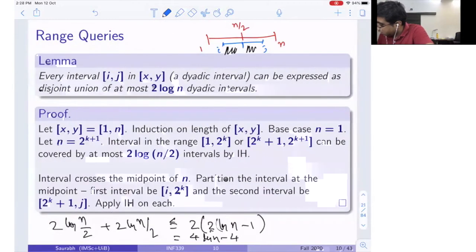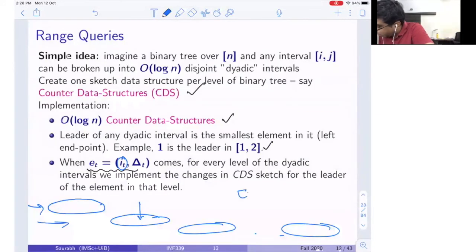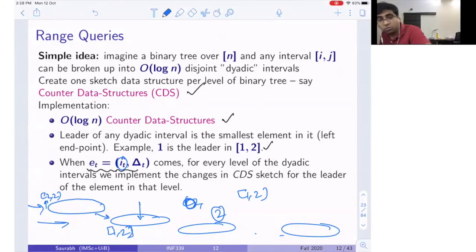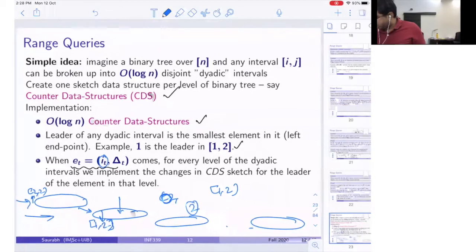we had say 1, 2, right? And say suppose 2 came, right? So now when 2 came, I need to make changes to the bottommost. So that is like 2, 2 data structure, I will go and make changes. In the level below, after that, I have to make changes to 1, 2. What I mean, so I will go wherever 1 is, and I will not only make changes. So think of it this way, that for every dyadic interval at that particular level, we have a location for all those elements. So in particular, let me.